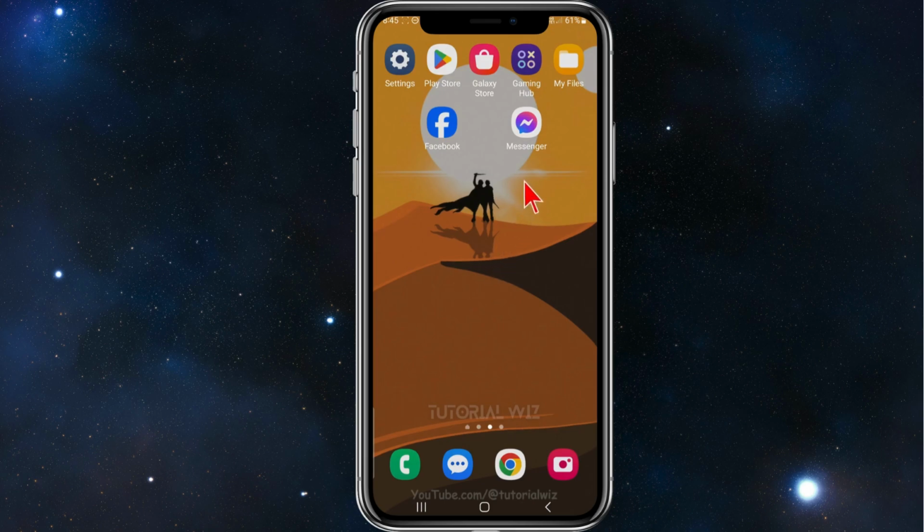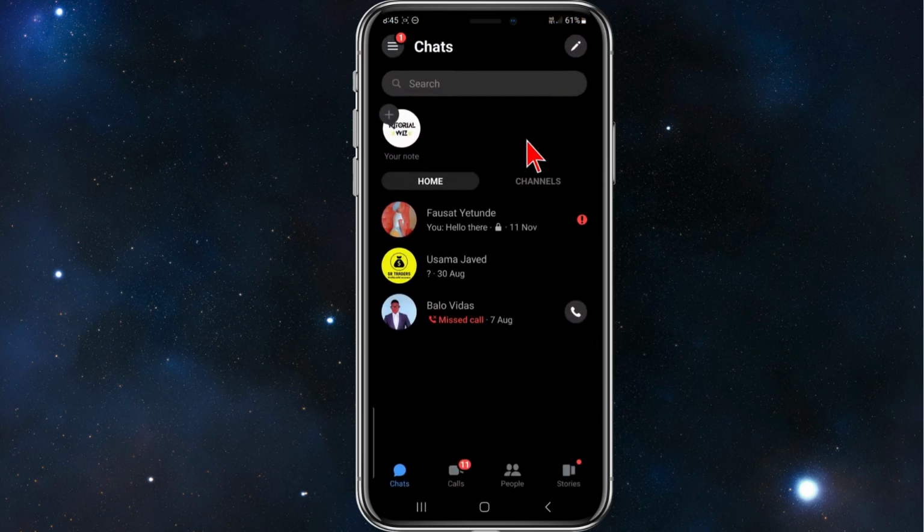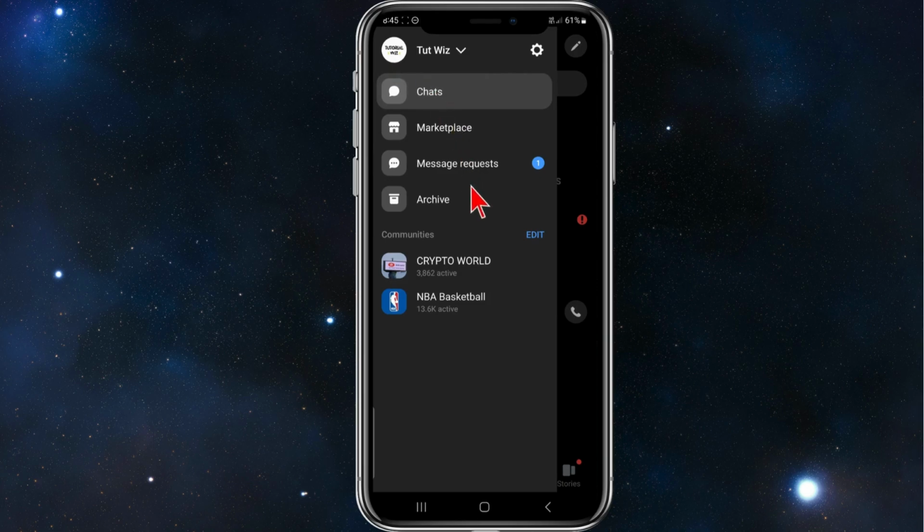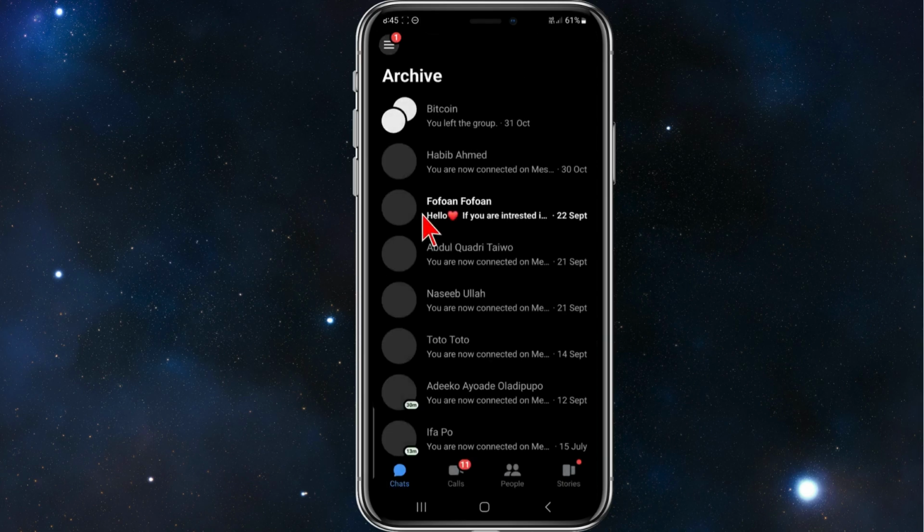So first, open up your Messenger app. Now as you see, there's all my chats here. And if you want to see your deleted messages, click on the three horizontal bars on the top left of your screen. And then click onto archive, and then once you're there you can see all your deleted messages